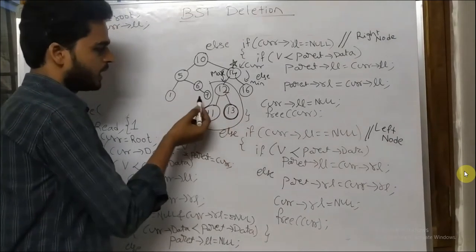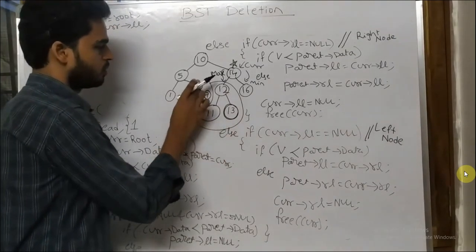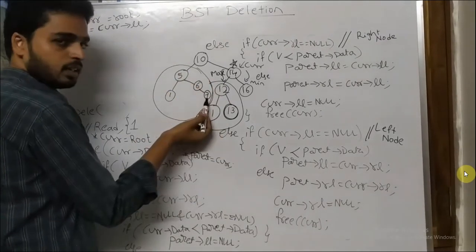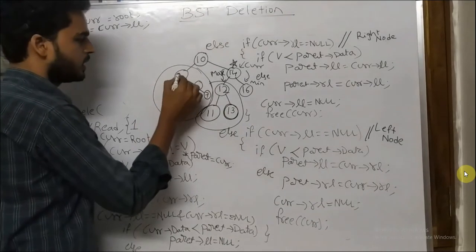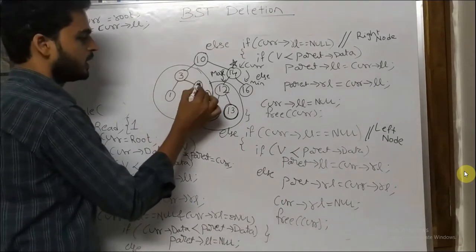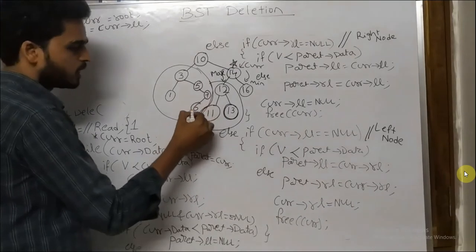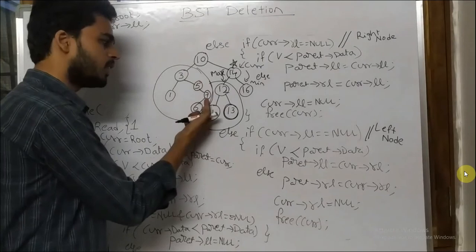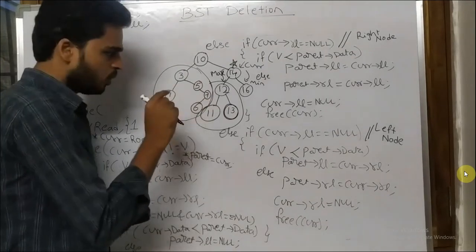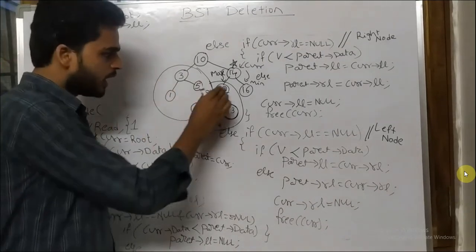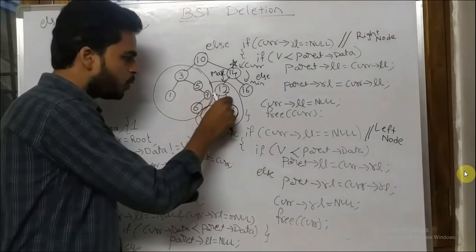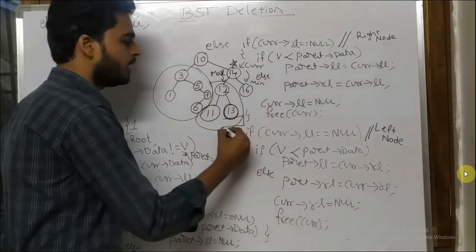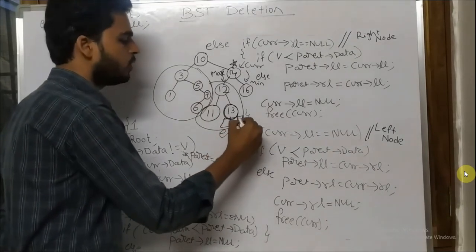So for example, let us take out this subtree. The maximum value is placed at the right side. For example, let us take this is 3, this is 5. Even though I am having the value 6, in my left side the maximum value is placed at the right side location. So you need to traverse the left subtree in such a way that you move to the right side continuously unless your right link value is null.